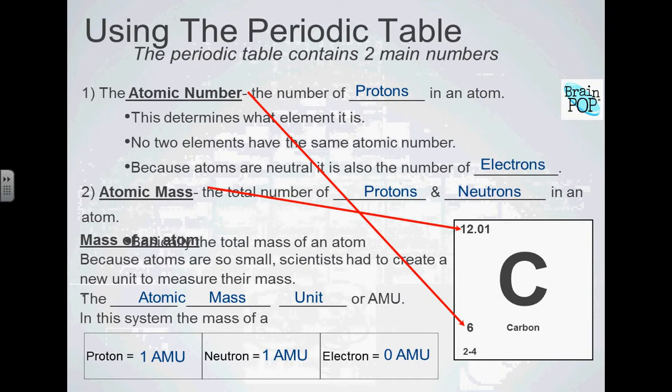Olivia? What are the numbers underneath? This is the electron configuration. These are numbers we're going to use later on in the unit. So we'll get there. But basically, say in the first electron orbit there are 2 electrons, and in the second there are 4 electrons. So if the atomic mass is 12 for carbon, and it has 6 protons, how many neutrons does carbon have? 6. Yeah, it has 6. Protons plus neutrons equals the atomic mass.